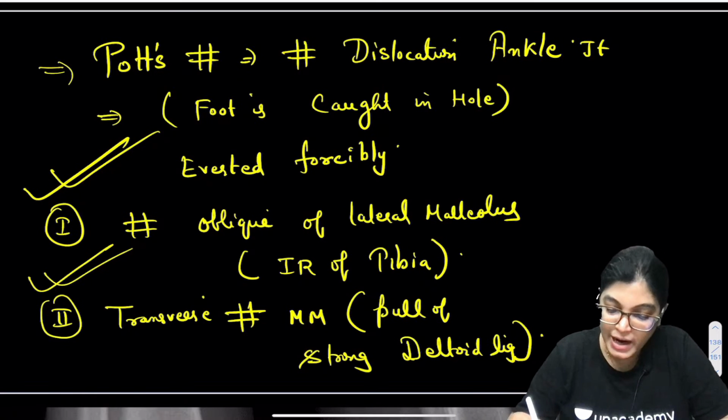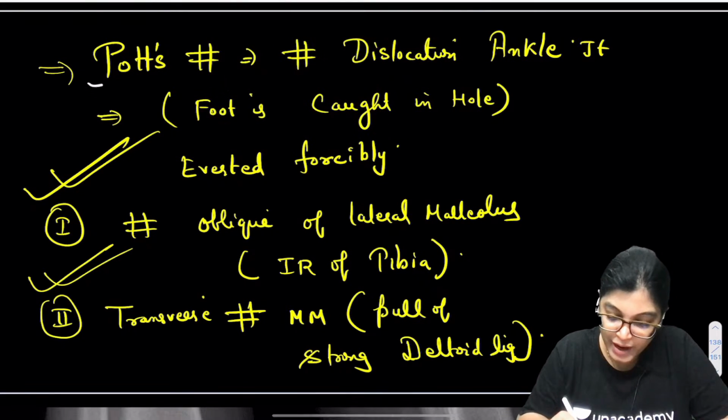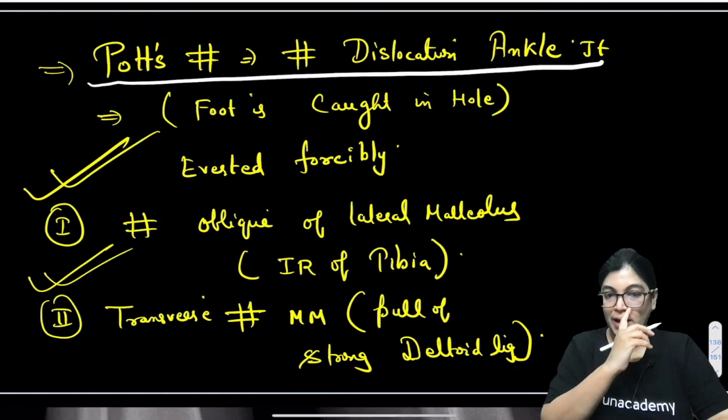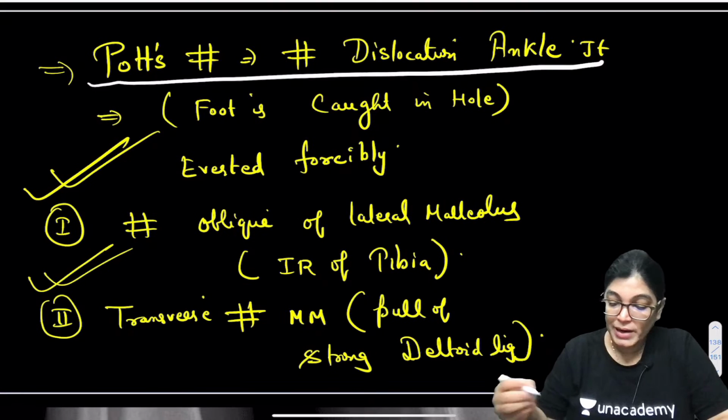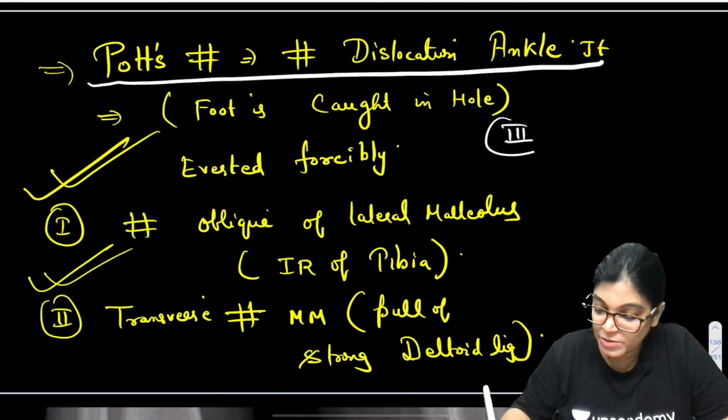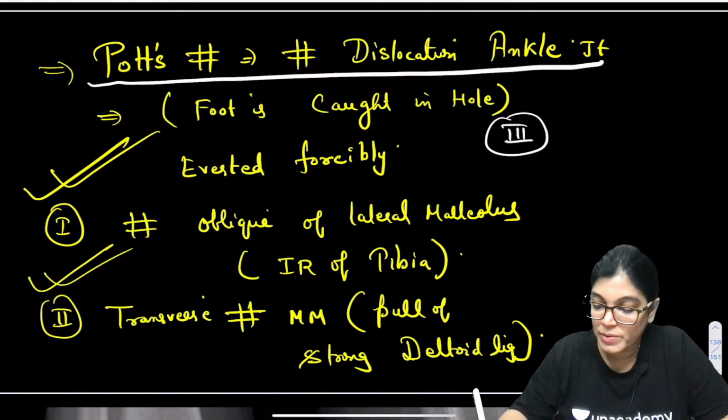This is called as which kind of fracture? If there are two fractures, then we call it Pott's fracture or bimalleolar fracture. What I told you, not always is there bimalleolar fracture. Sometimes there is a third component also, then it becomes trimalleolar, and in case of the third component, there is fracture